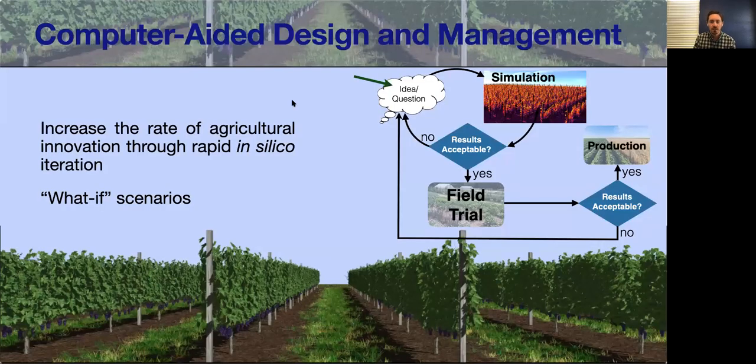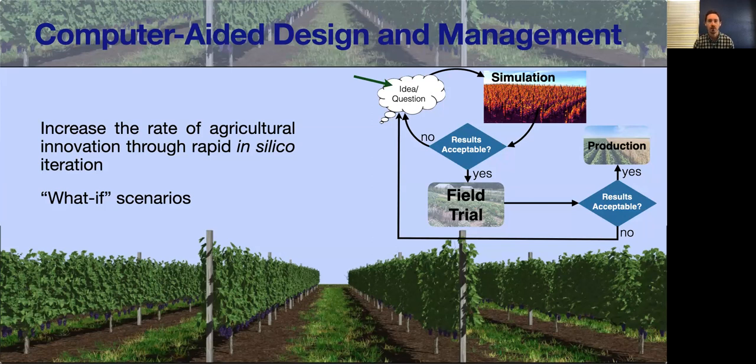So first, I just wanted to talk a little bit about the modeling tools in general and the original motivation for developing these tools. When I came to UC Davis, I originally set out to develop a three-dimensional plant modeling framework that would essentially allow you to simulate any decisions or design practices that a grower might use, with particular focus on perennial cropping